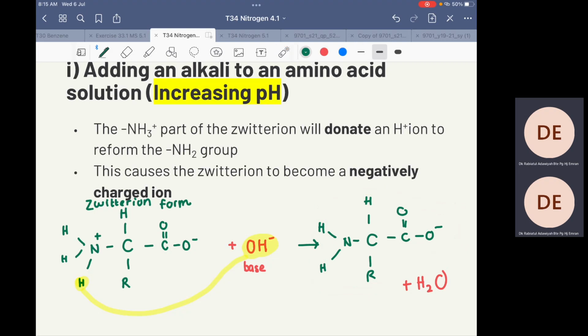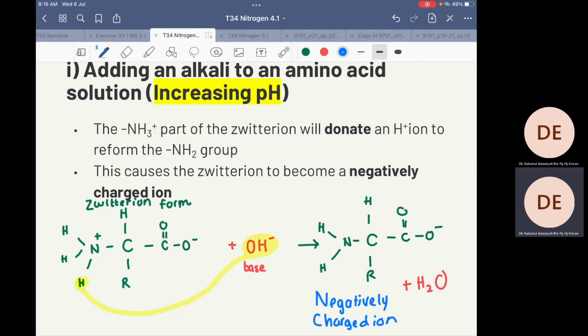Okay, so we can say that, never mind, the explanation is already in your notes, so I will just say that this is a negatively charged ion. So at high pH, amino acid exists predominantly as anion and will migrate to the anode when a potential is applied. Okay, so the anion, the reason why the anode is mentioned,